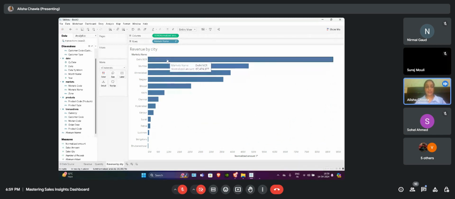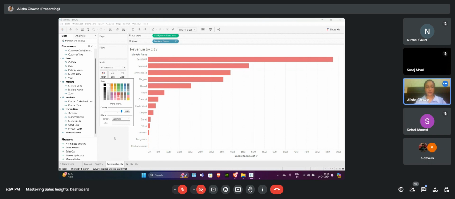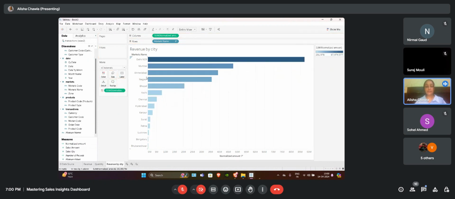To do more formatting, like changing the color of these bars, we can choose the color option directly from here. Also, remember that whenever we put an aggregated column, on which we can perform calculations like sum, count, average, such as normalized amount, in the color option, it will give us a gradient color view.